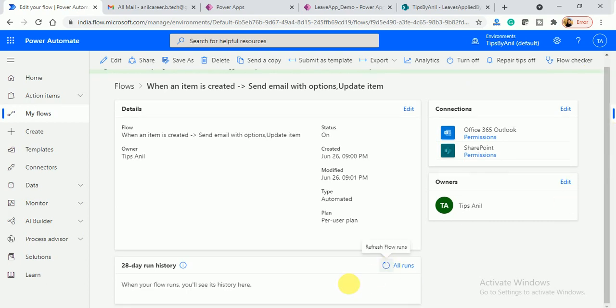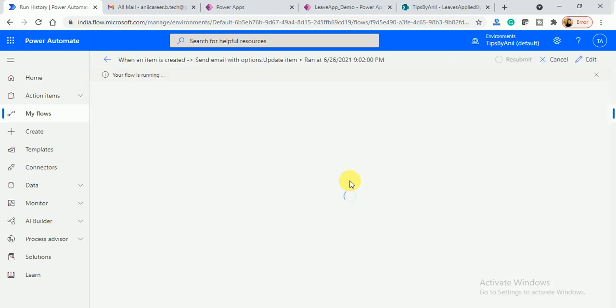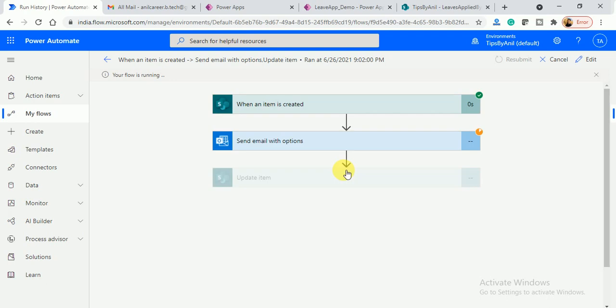It will take a few seconds to run. It has been started. Now if we see the workflow, you can see when an item is created passed successfully, and send email with options is waiting, because from here whenever we take an action, it will update the item.